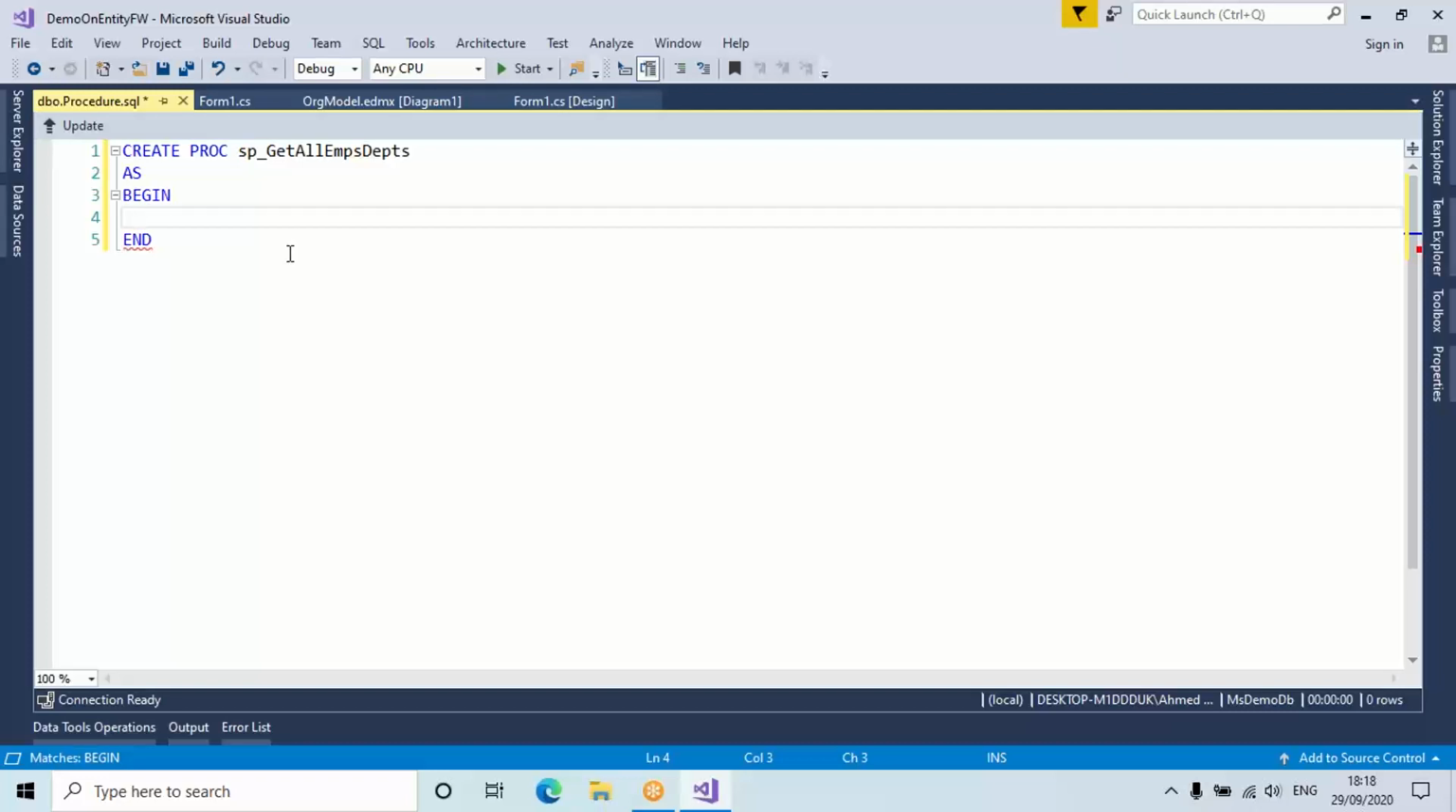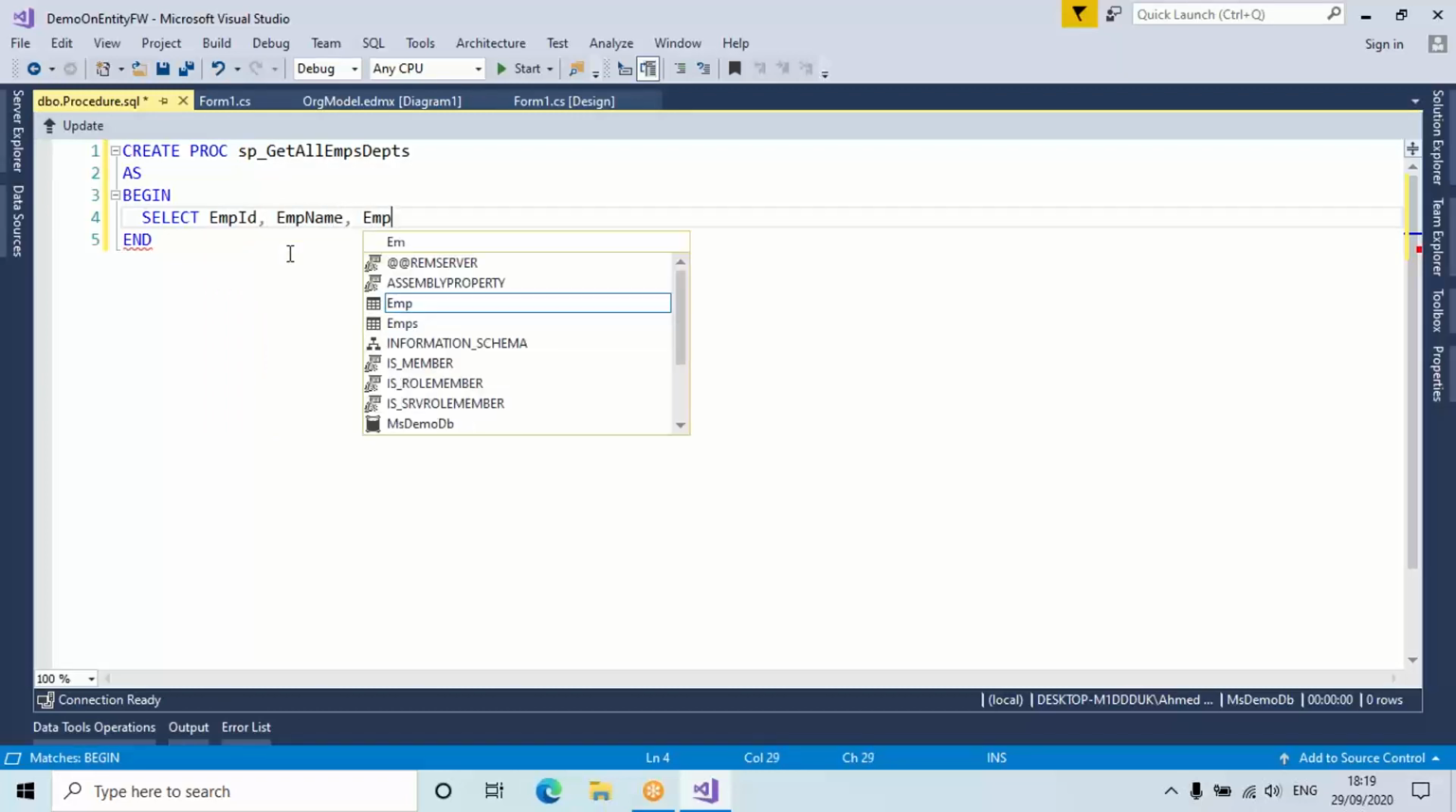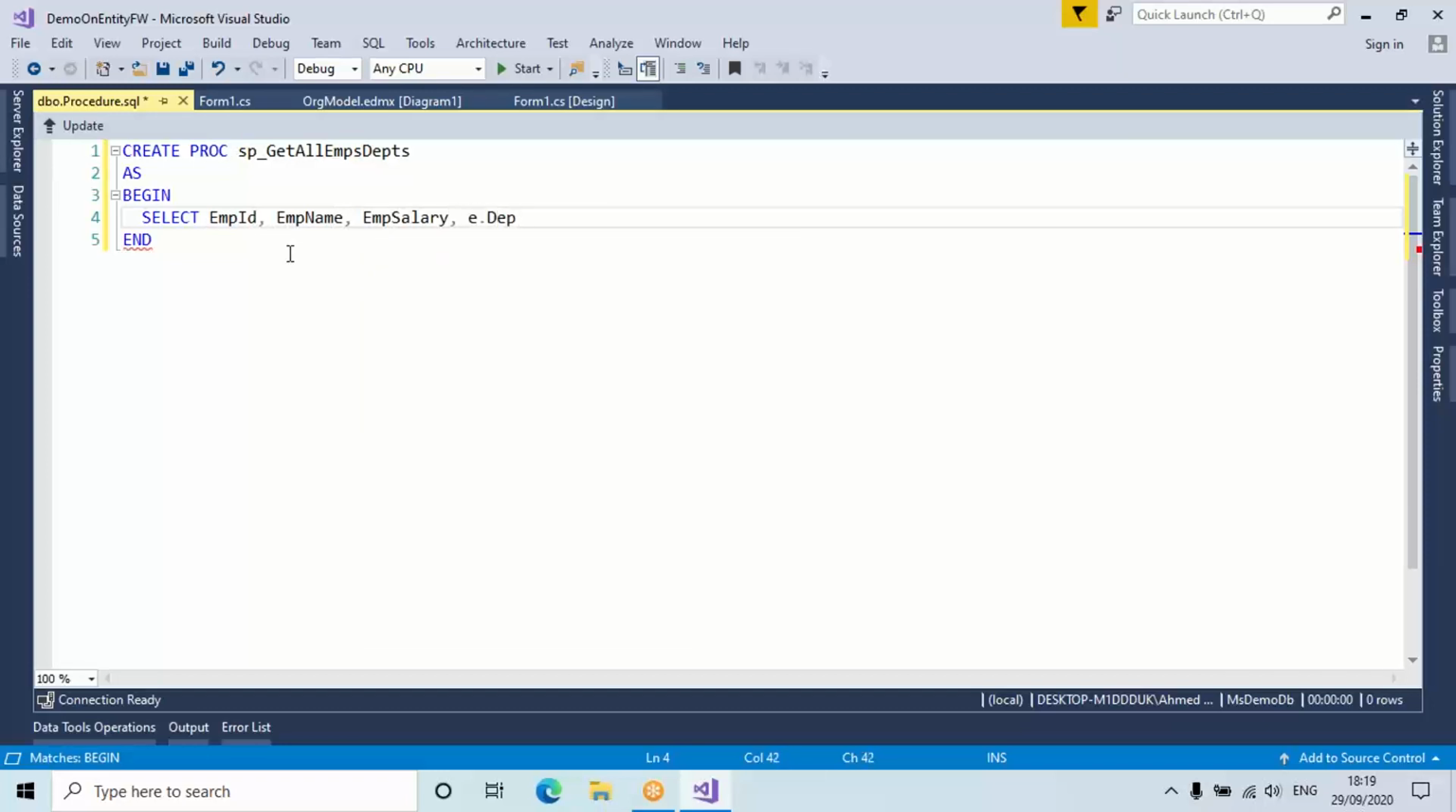SQL Server. When you join data from two tables based on certain condition. How do you do that? Number, name, job, salary. What are the columns I gave? EMP ID, EMP name, EMP salary, E dot department ID, DPT name, DPT location, DPT head, department head, from EMPS